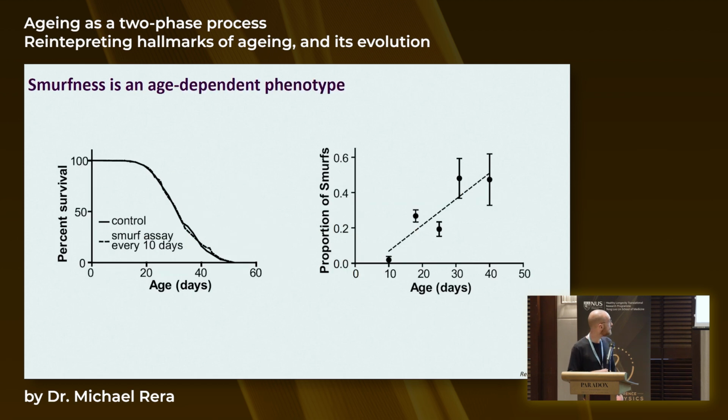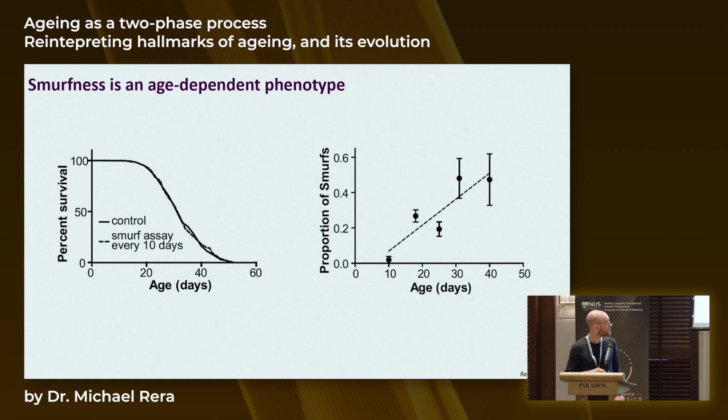And what I showed by then is that if you monitor this phenotype as a function of time in your aging population, you see that you start in a relatively young population before the start of mortality in it, with a very low proportion of these Smurf flies. And as the population gets older, you see more and more of these individuals that appear in the population. So we have this assessment of intestinal permeability that shows time-dependent increase of the incidence of the phenotype as the